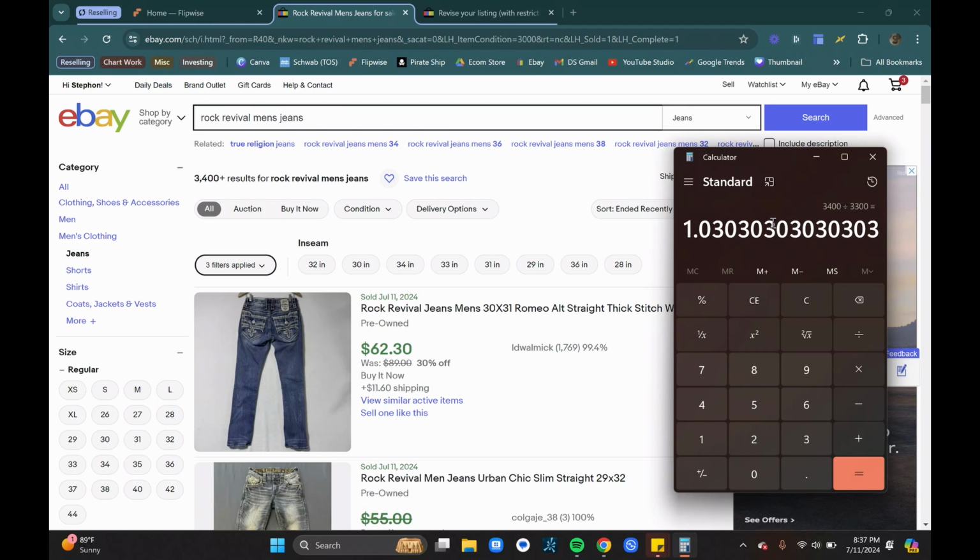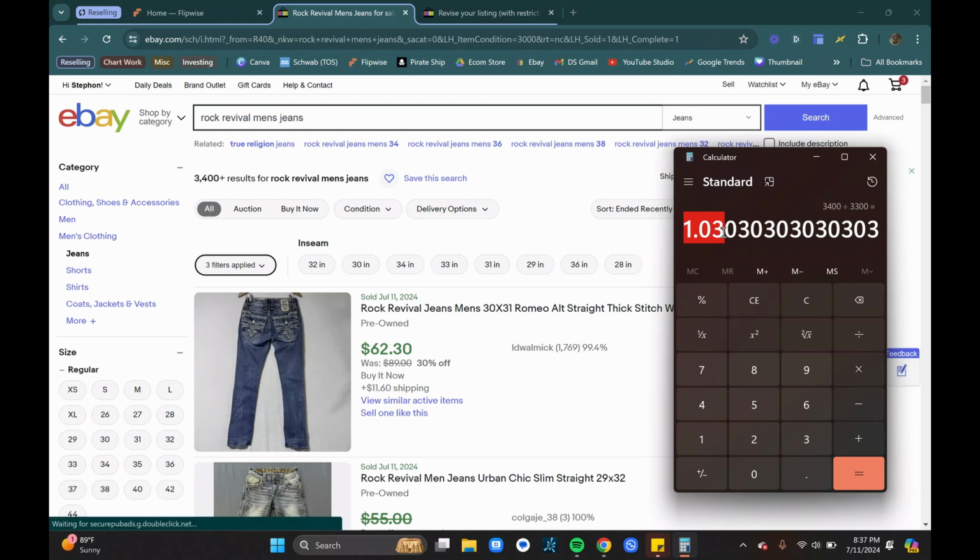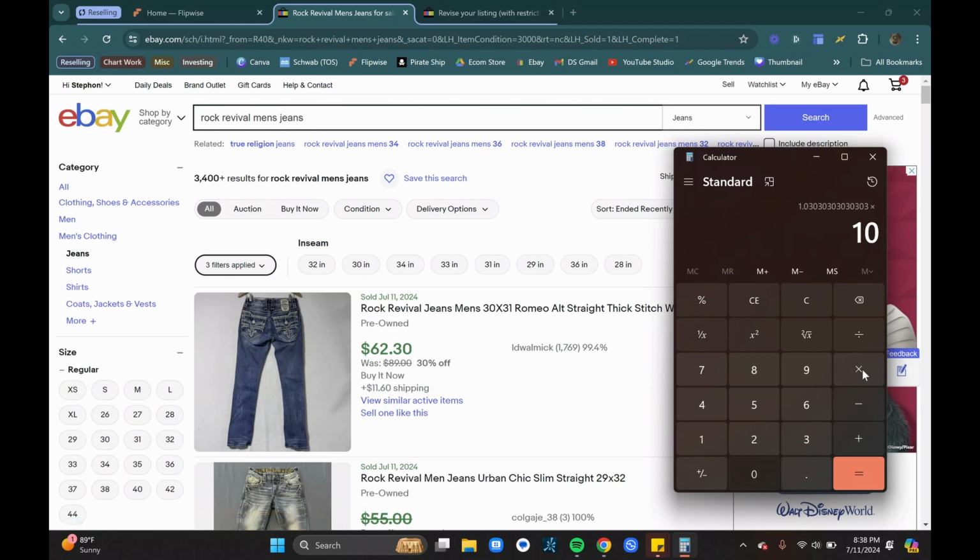So the easiest math is to look at this. I would say if you look at 103, that's 103%, right? And I'm gonna just break it down a little simpler for those who might not have been good at math. The reason why this is 103%, because essentially we have this number that's over top each other. So 3,400 divided by 3,300, we get this number, a decimal. To turn it into a percentage, we would times it by 100, and that would get us